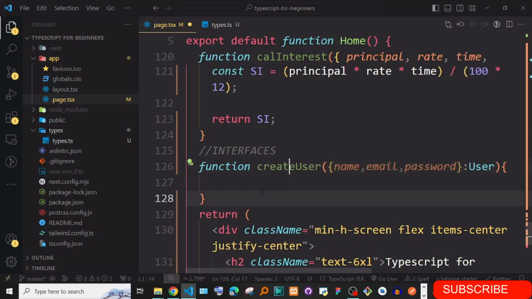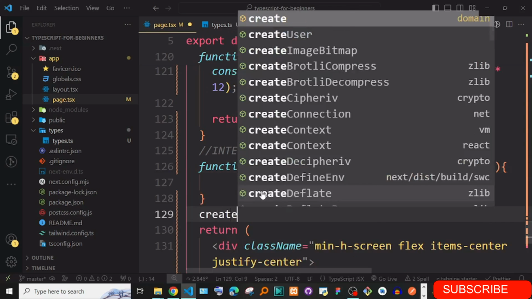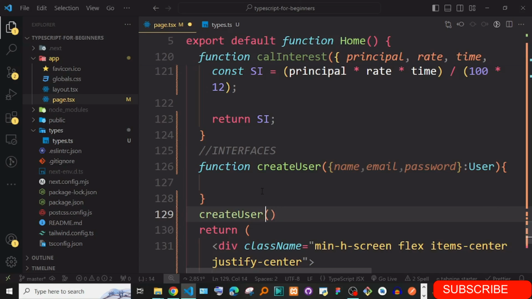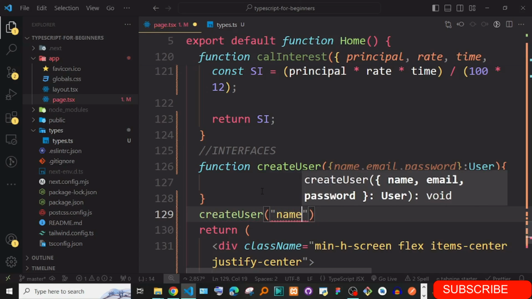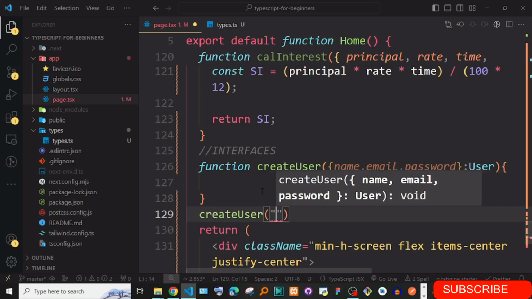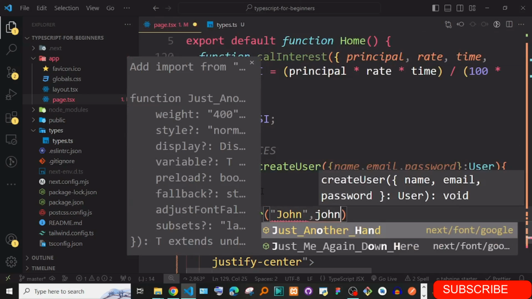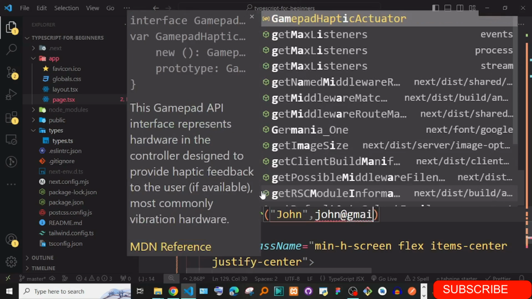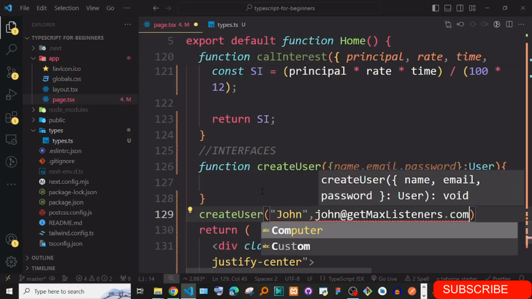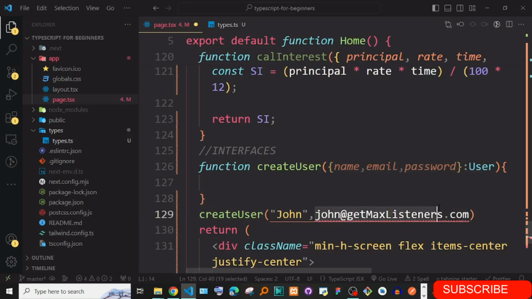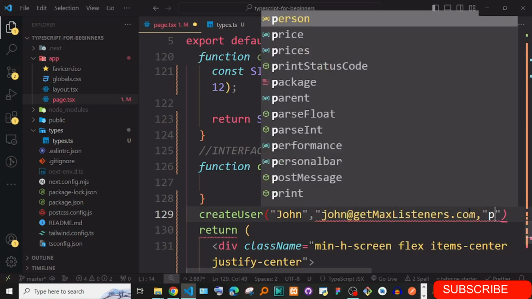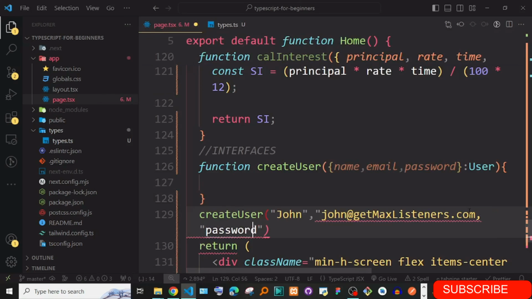If we try to call this function, createUser, let me pass in some values. Name, I'm going to pass in John. Email is john@gmail.com, which is a string, and for password I pass password. This one is missing something.